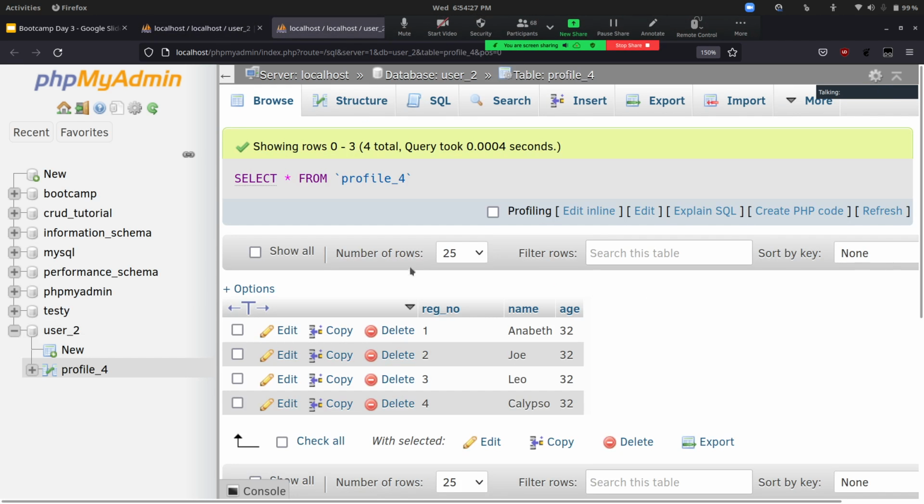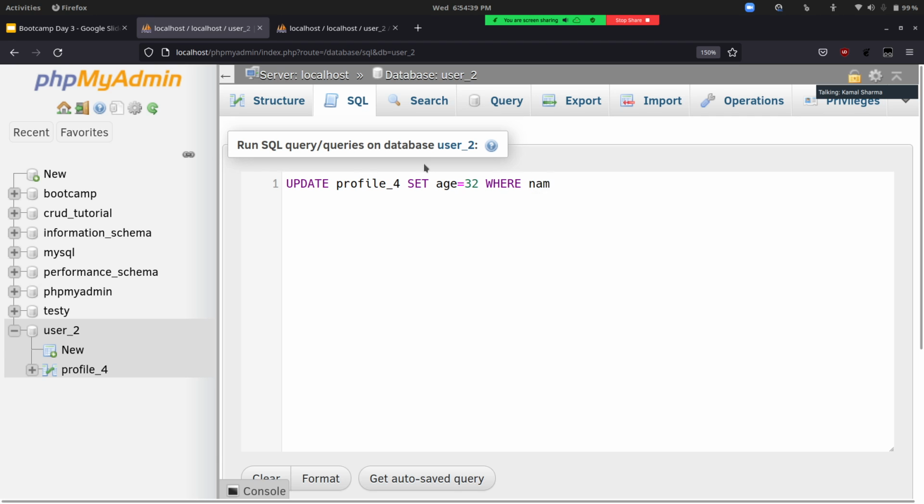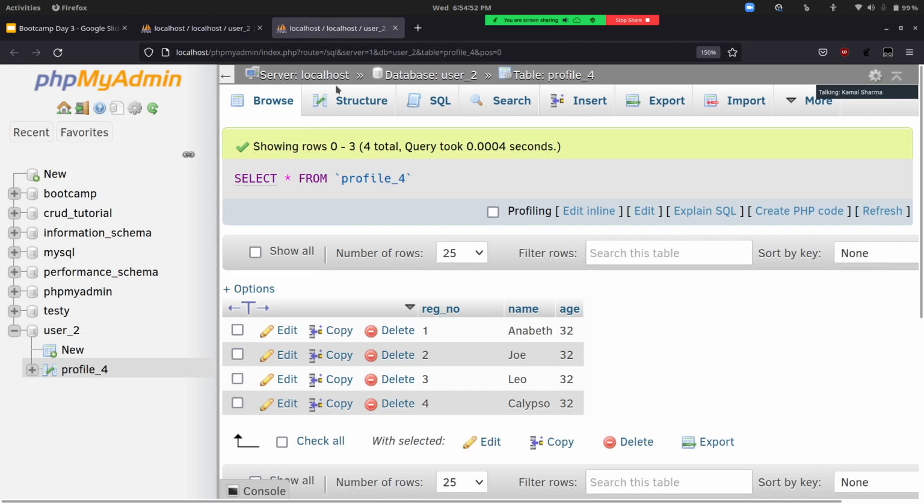Where? To uniquely identify each record, we had created a registration number, right? So we will use that. You can also use name, like where name equal to Joe. That also you can do. Where name equals Joe. Since Joe is a string, we can either specify name and do it in this way. In this case, it will work.